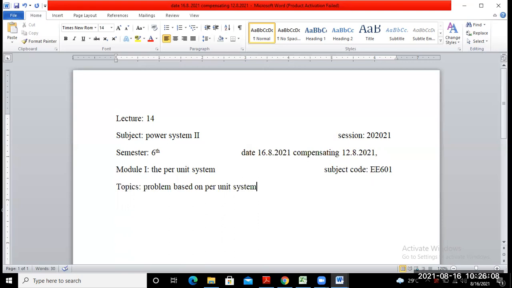In a power system, a lot of electrical components consist. So just try to solve problems by converting into per unit quantities. That calculation is easier for solving any particular parameters, that means fault current or short circuit MVA. So if you consider one problem based on this per unit system, we consider a 100 MVA